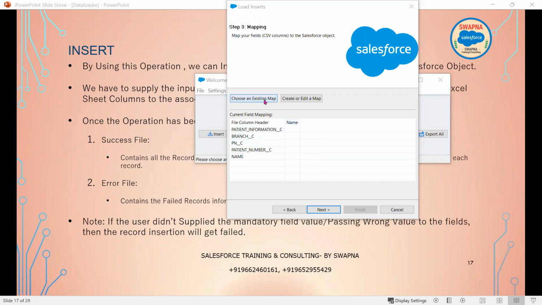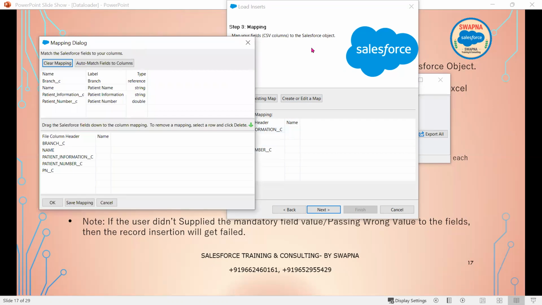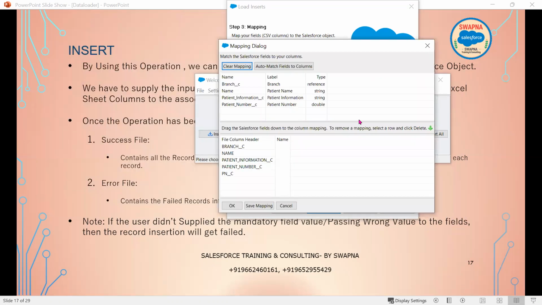So you have two options here. One is create or edit map, and another one is choose an existing map. When you click on create or edit map, a window opens. Basically, you need to map it. Either you can drag it and place it here, like I want the branch to be mapped with the branch and name to be mapped with the name, right? Wherever you see name, you can drag it and drop it, or else you can click on this auto match field